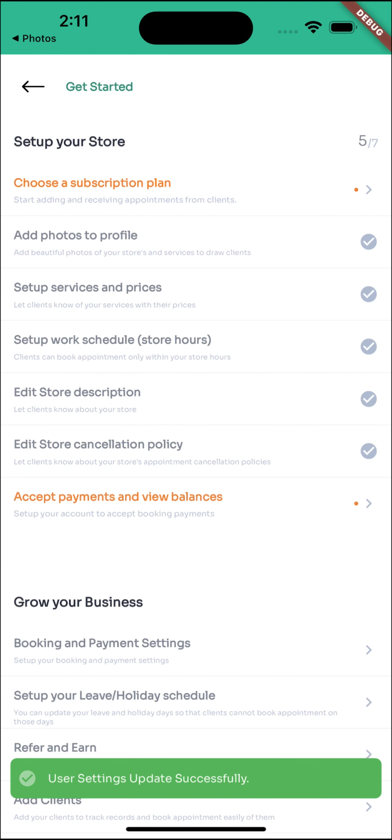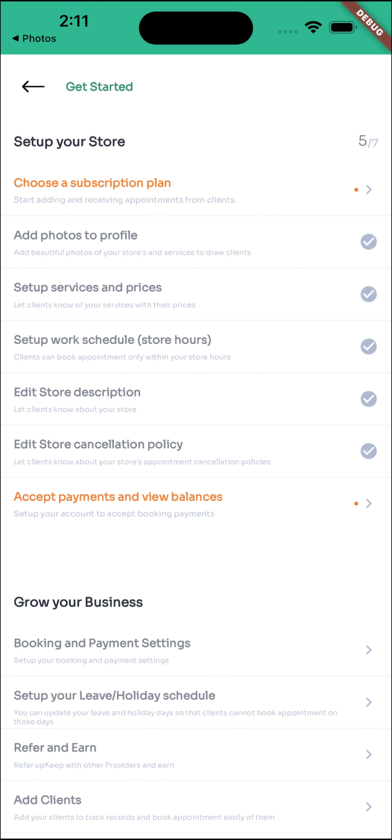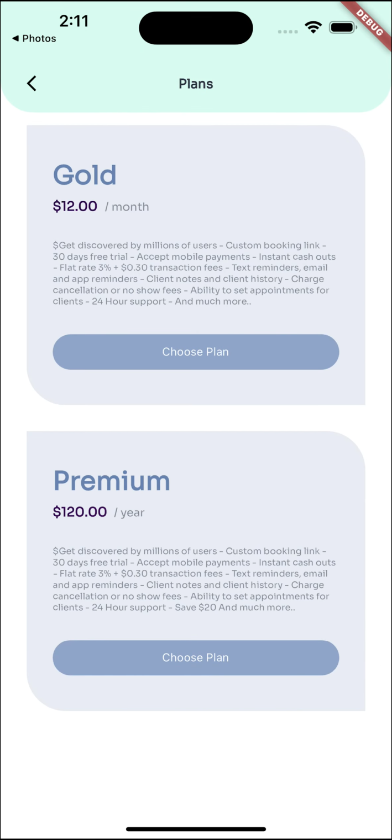We have now come to the Choose a Subscription Plan screen. We have two subscription plan options. The first is the Gold subscription plan, which is $12 per month, and we are offering a 30-day free trial. We also have the Premium subscription plan, which costs $120 per year, and we are also offering the 30-day free